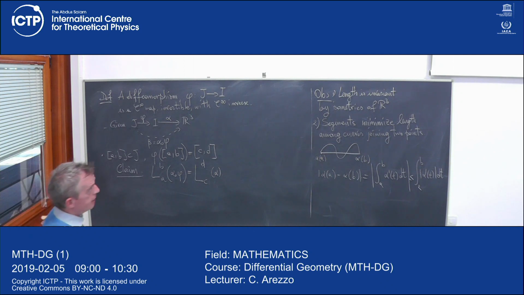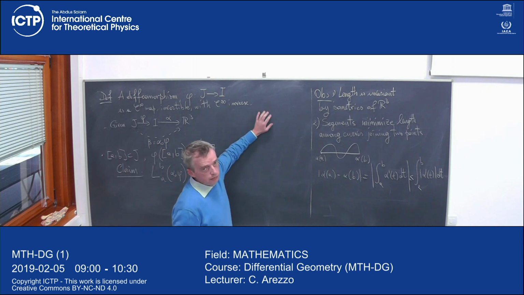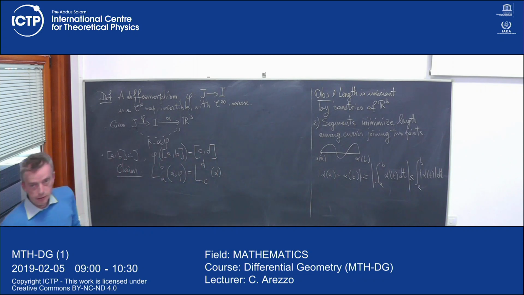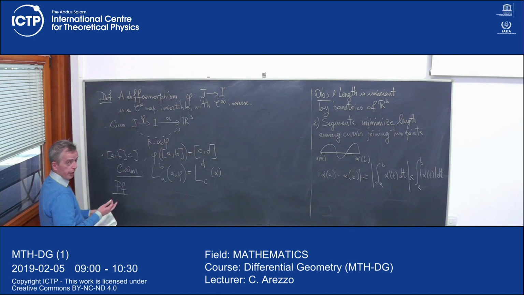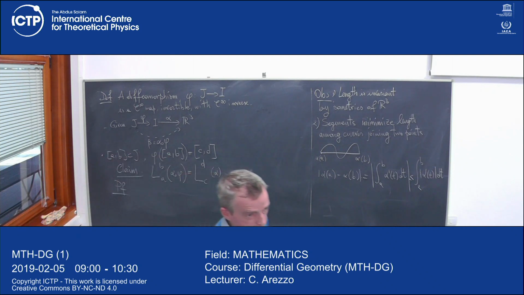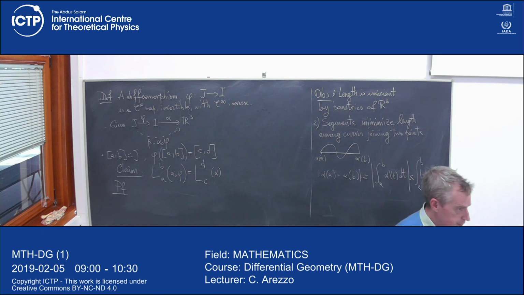Well, the proof of the claim is very simple. I shouldn't have erased this, of course, the formula of the definition. But how do you prove it? It's the chain rule plus the change of variable formula in the integral. I leave it to you as an exercise. It's really a two-line proof. I'm not hiding anything. When something is complicated, I tell you. I'm honest with you.